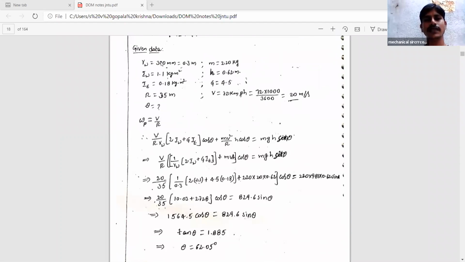Now first we will write the given data. Small r suffix w value is 300 mm, so that is also equal to 0.3 meter, and I suffix w is 1.1, and I suffix e is 0.18, and capital R is 35 meters, and theta value is the unknown, that is the determining value, and mass of the rider plus vehicle is 220 kg, and h value is